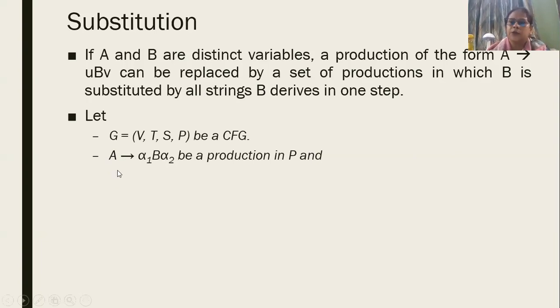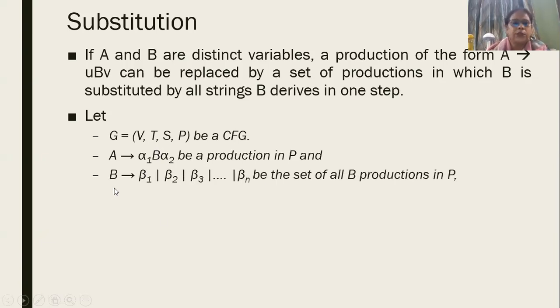So you have an A production which has alpha 1, B, alpha 2. Alpha 1 and alpha 2 can be any strings, but B is a variable. And we have other productions, B productions, which are given by beta 1 or beta 2 or beta 3 and so on. It is important to note that this is the set of all the B productions in the grammar. Now, if you have this situation, then you can substitute for B